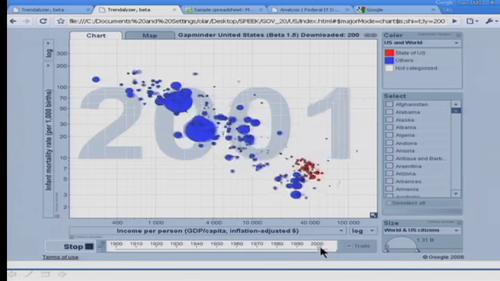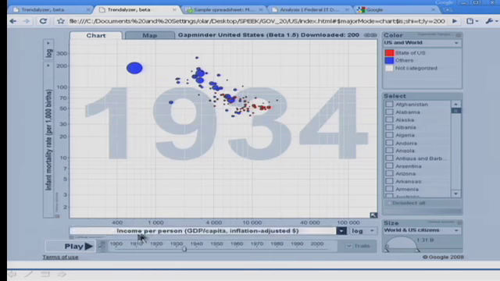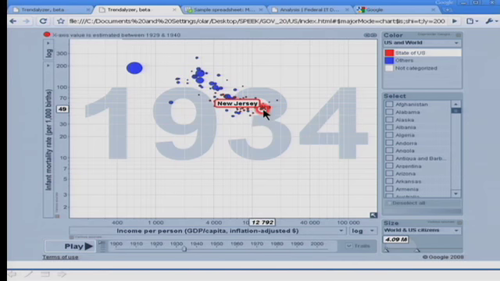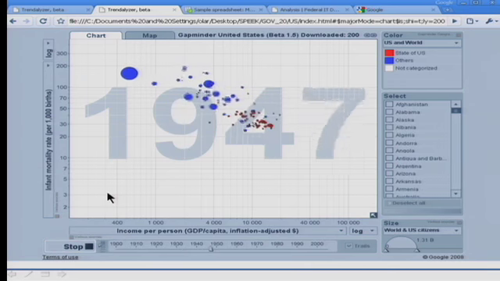This picture also changes. Let's go back in time 100 years, and we can see the US states from 1930. Of course, comparing income across these time ranges is very difficult. So don't rely on the data as being exact. There is always an uncertainty. But let's play this over time and see how the red bubbles move over time next to the countries.